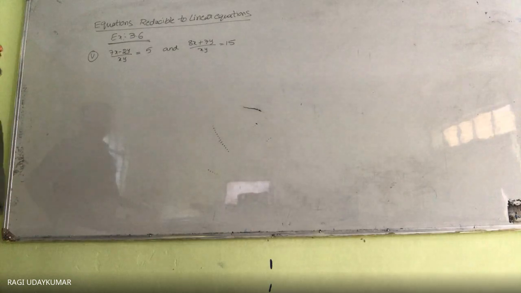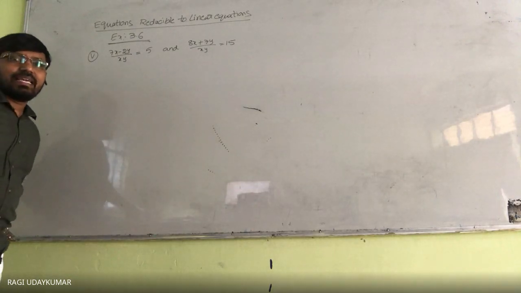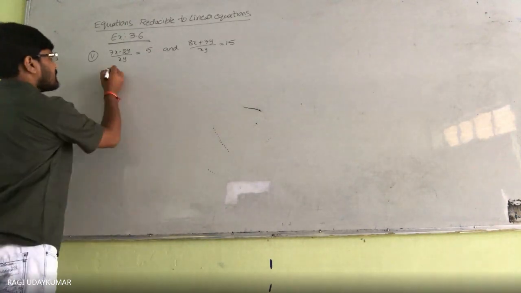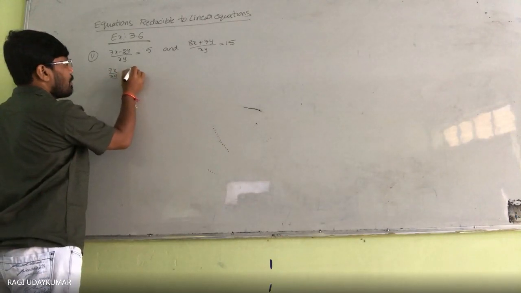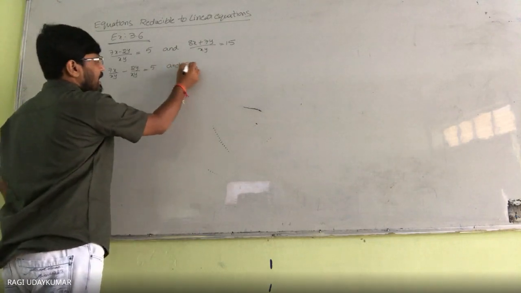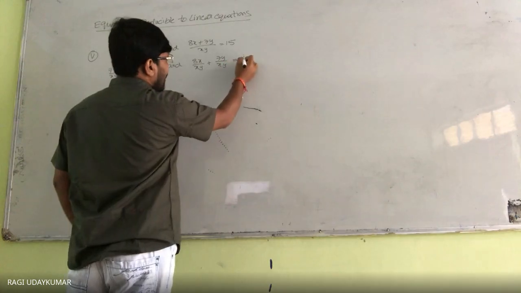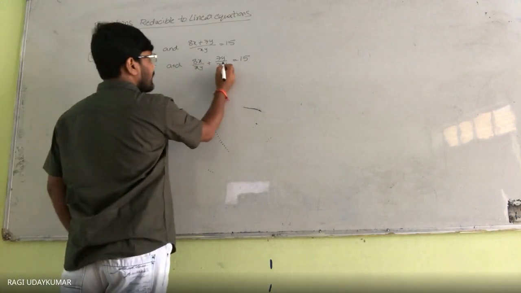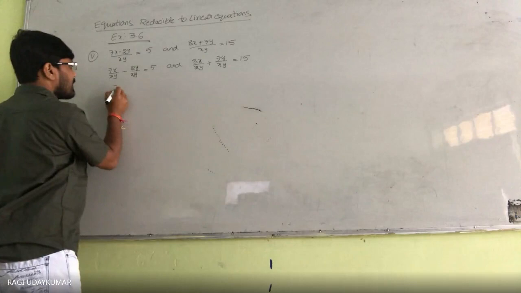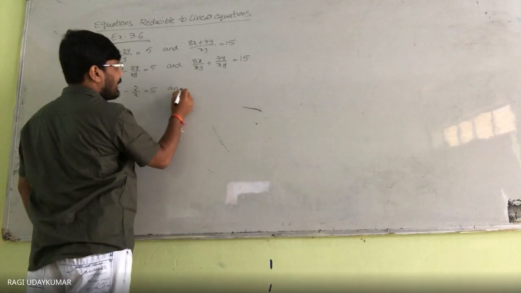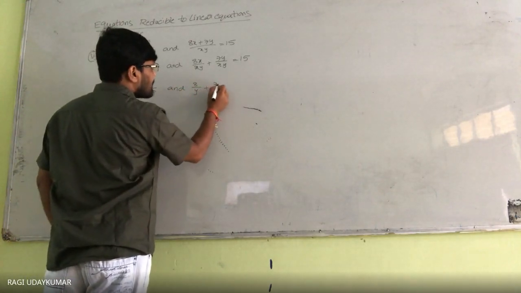So in this situation, it is not directly appearing to us which value to consider. So what to do here? In the first equation, 7x by xy, you can write minus 2y by xy, is equal to 5. And 8x by xy. Sir, x with x cancel and y with y cancel. Yes, that is it. Here x and x will get cancelled, here y and y will go. So what do you get here? 7 by y minus 2 by x is equal to 5, and 8 by y plus 7 by x is equal to 50.